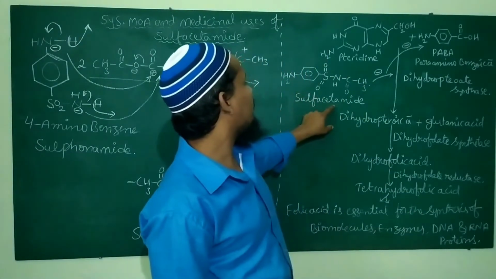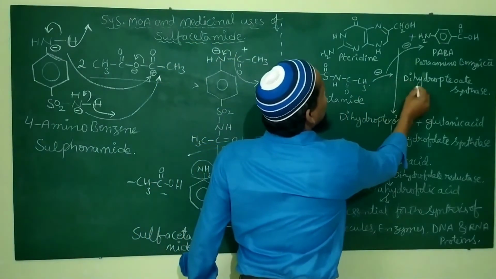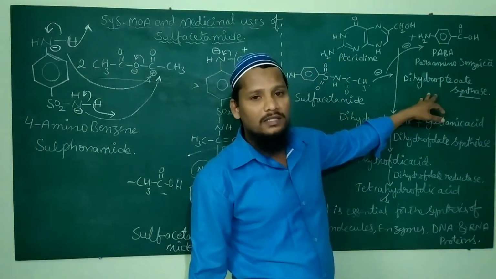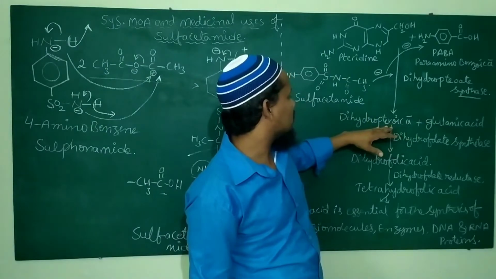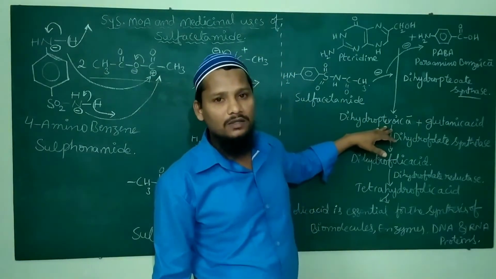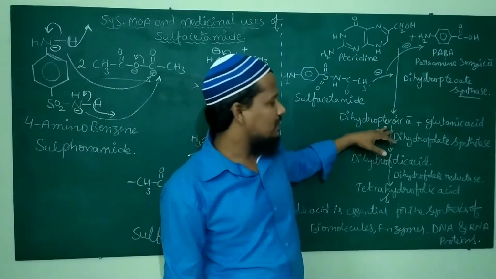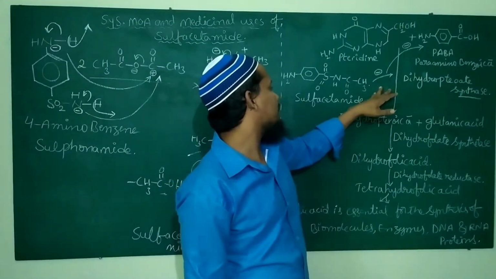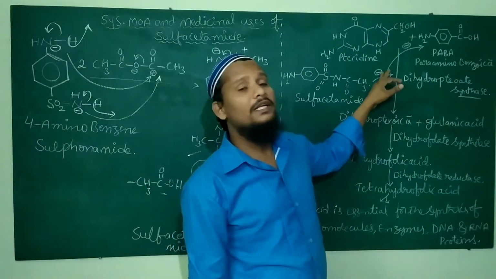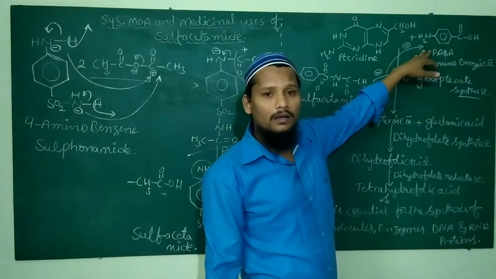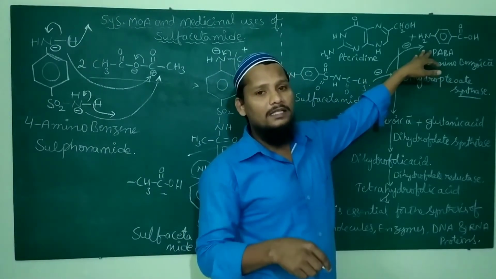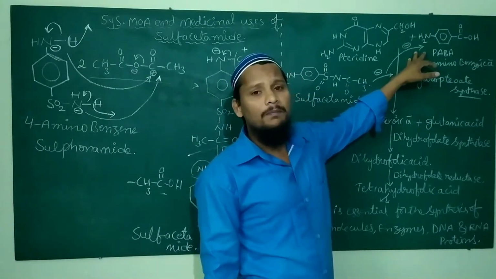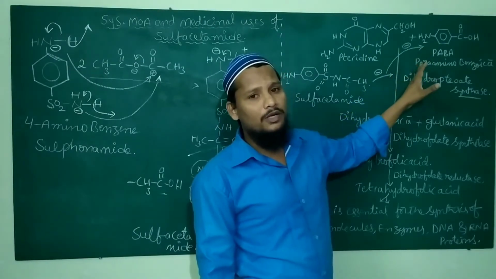So our drug sulfacetamide blocks the dihydropteroate synthetase. Whenever it blocks the dihydropteroate synthetase, there is no chance of formation of dihydropteroic acid. So without dihydropteroic acid, all the remaining functions get inhibited. Okay. In another way, sulfacetamide competitively inhibits PABA from being incorporated into the bacterial cell, it competitively inhibits para-aminobenzoic acid from being incorporated into the cell.